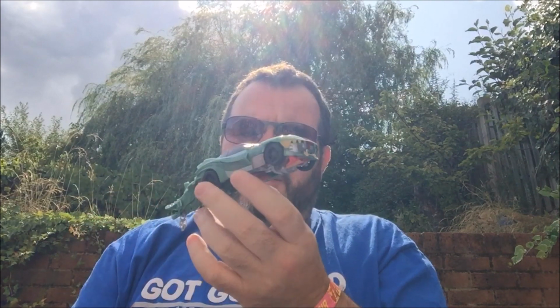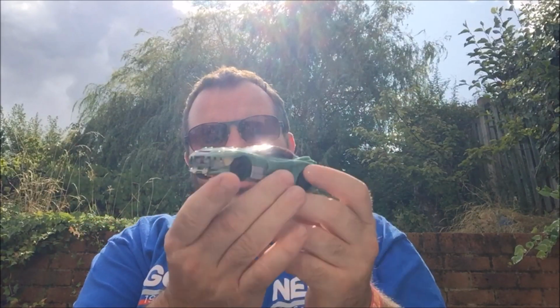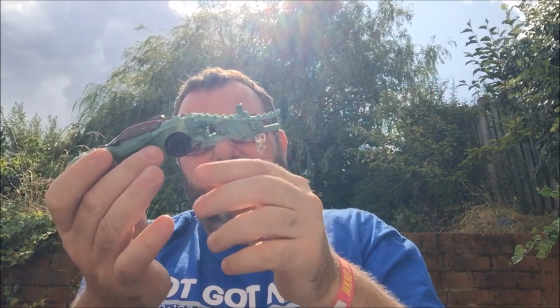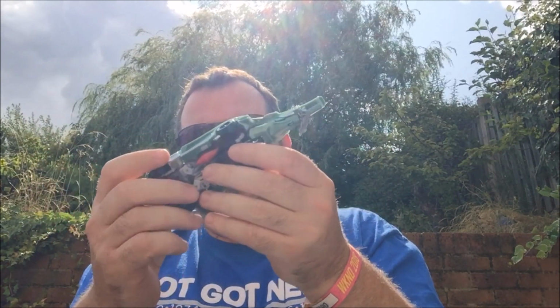Also from Toy Fu, I picked up TFP Beast Hunters Lockdown, which is very nice. It turns into some kind of big crocodile thing, and he has a bit that goes on his back there. I don't understand what all that bit's about, but